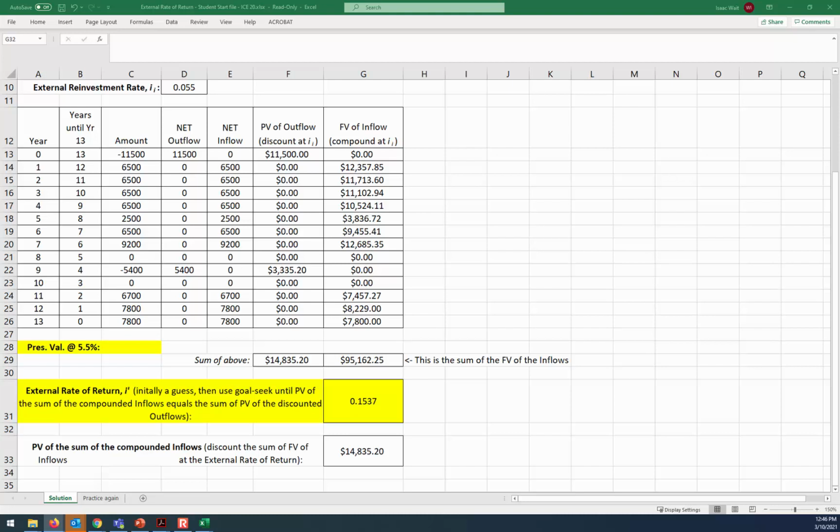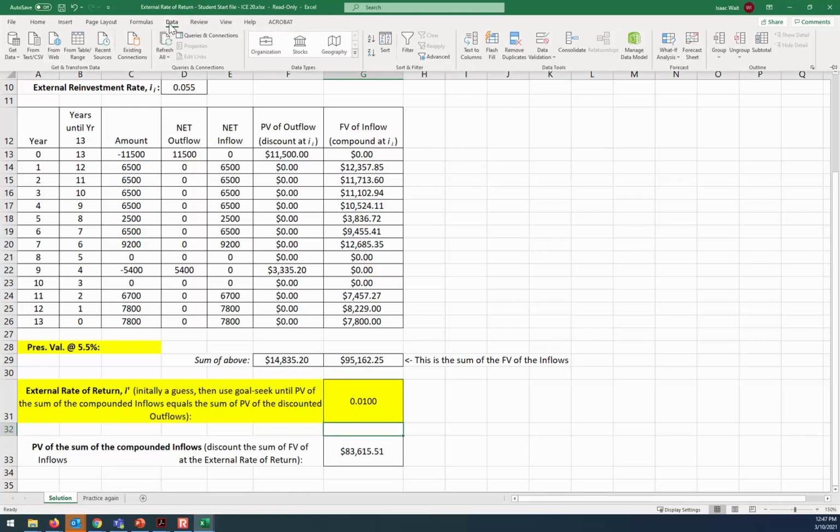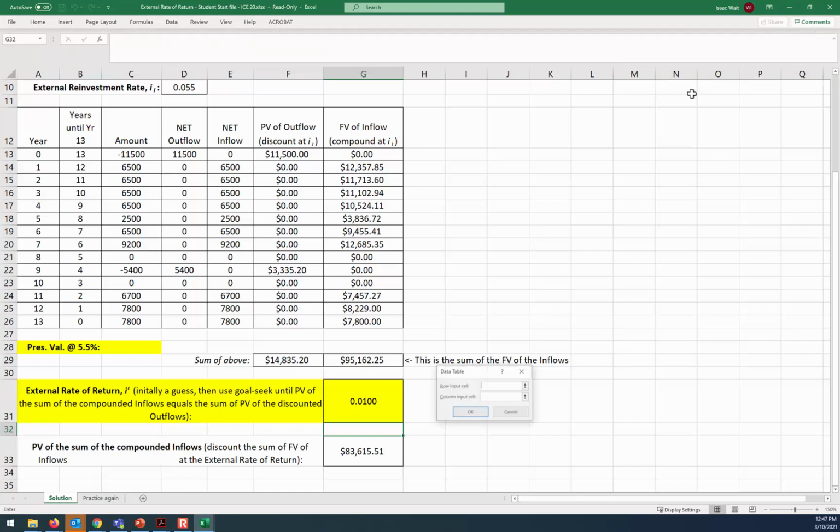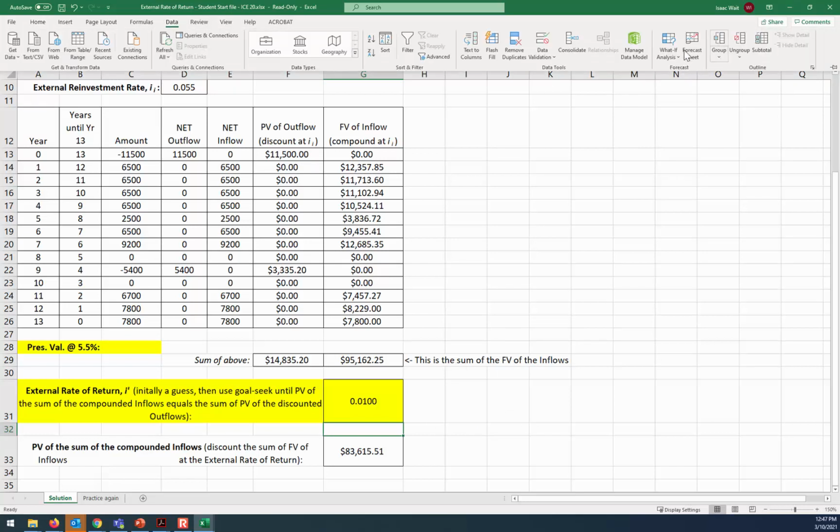I have a question. Please go ahead. Can you show the command you put for the external rate of return again? The yellow box, it's a number. So you start off with a guess value, and then we do the goal seek from there. The key to find that value is data, what if analysis, goal seek.